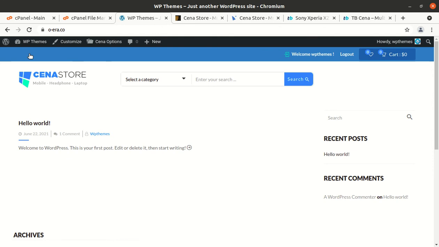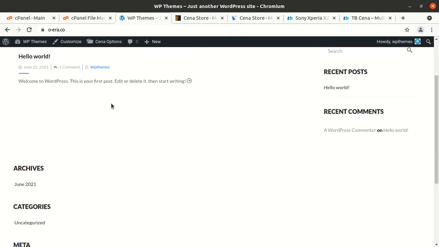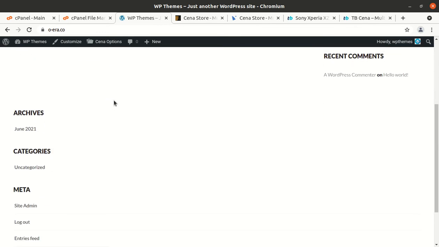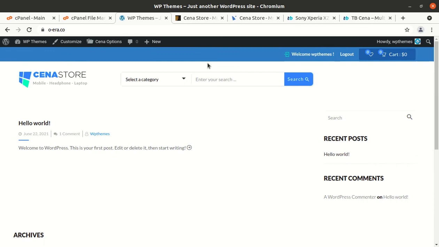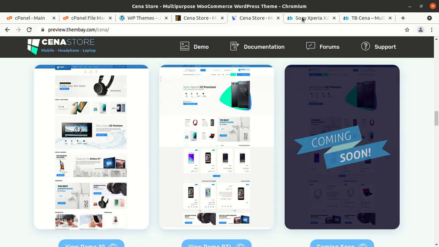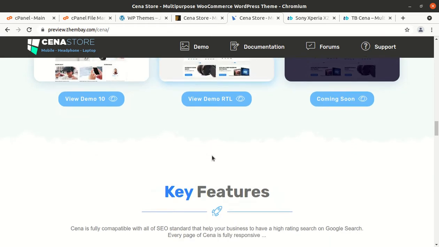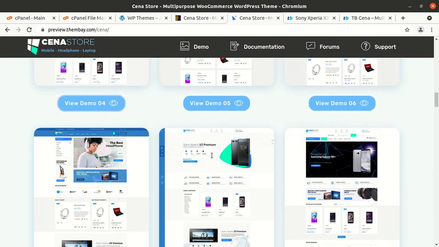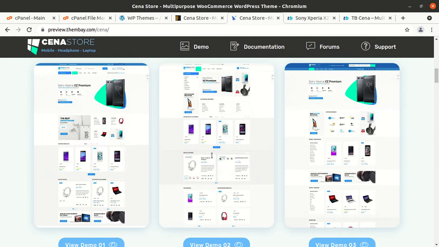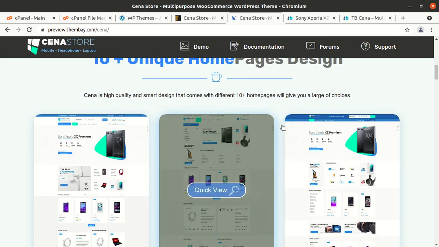This is the core look, and it is of course without any demo content, and you can start building your website from scratch from here if you don't want to use any pre-made website. And you have the option to choose these 10 pre-made websites for your upcoming website project.